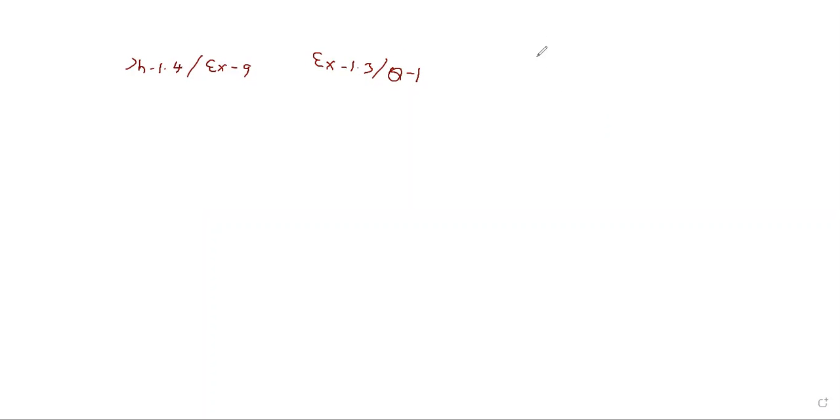As I told you, only if you are given a pure irrational number like root 3 or root 5, then you will prove it by this method. Otherwise, you have to do another method that we are going to do. Suppose you have root 3 by 2, then you will not do the contradictory proof. So how will we do it if it is not like this? So we are taking one example again.